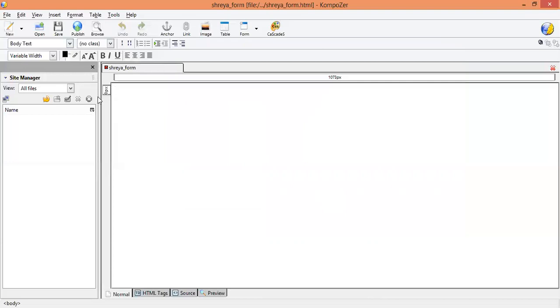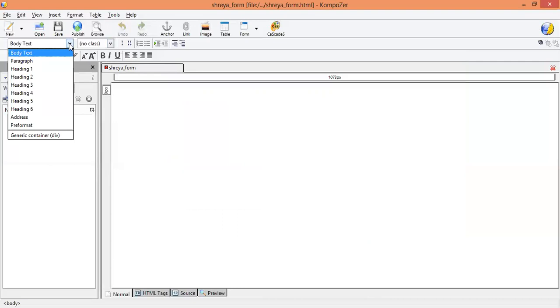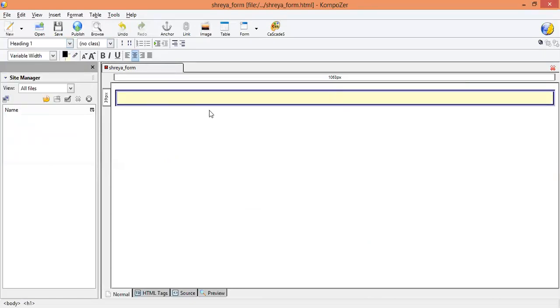After that it will not be visible. Whenever you click on body text, in place of body text, here you have to select heading tag 1. Then it will show your CSS. I applied the CSS on my name. If you want to apply the CSS on Gujarat tourism, then you can able to see here Gujarat tourism.